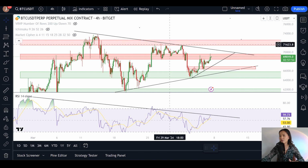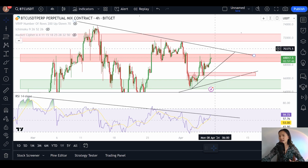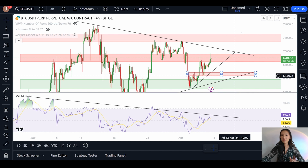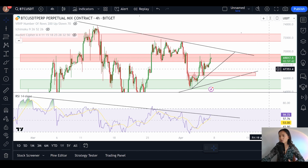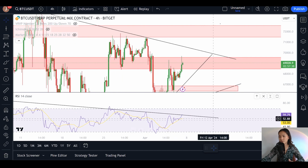We're going to keep creating those lower highs on this 4-hour time frame, or that 12-hour time frame if you're following along on a 12-hour chart, and we will see another test of the base of the pennant before we get our breakout. So what we're looking for, if we zoom in a little bit more onto the price action,